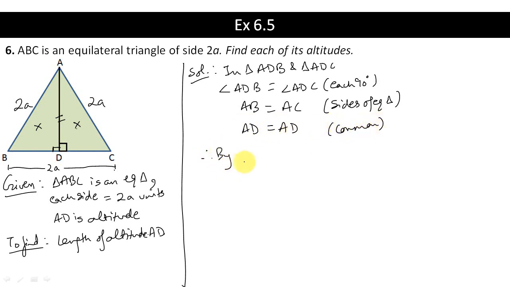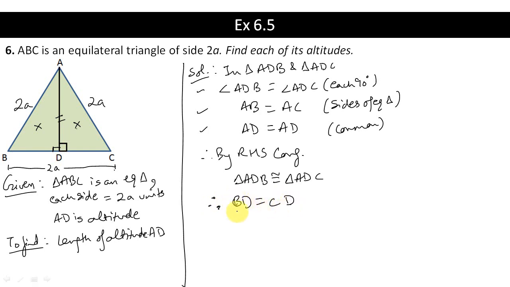Therefore, by RHS congruency, this is the right angle, this is the hypotenuse, and this is the side. Therefore, by RHS congruency, triangle ADB will be congruent to triangle ADC. Now, since triangle ADB is congruent to triangle ADC, I can say BD is equal to CD. So this side BD will be equal to CD